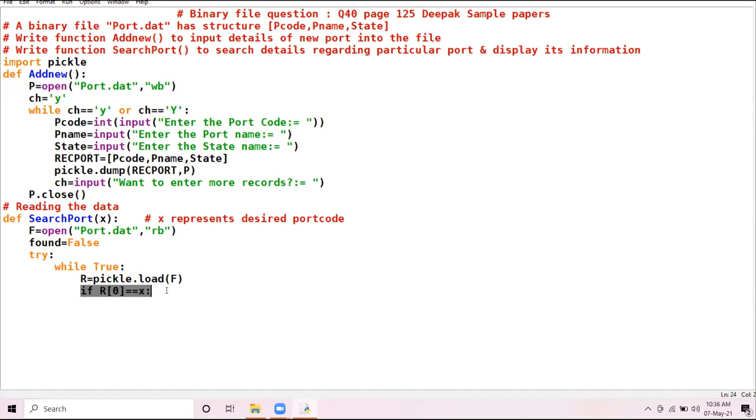The one who tells, it means the child has very good knowledge. What is the meaning of this statement, if R of 0 equal to X? Yes, be confident and tell me. Yes, hurry up, be fast. Who will tell? Yes, Sanvinder, unmute yourself.